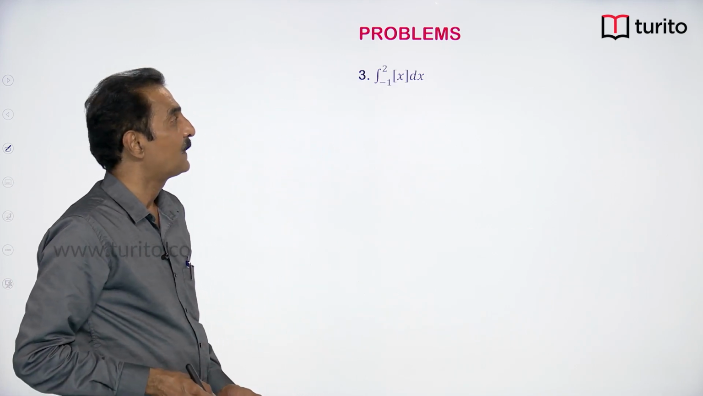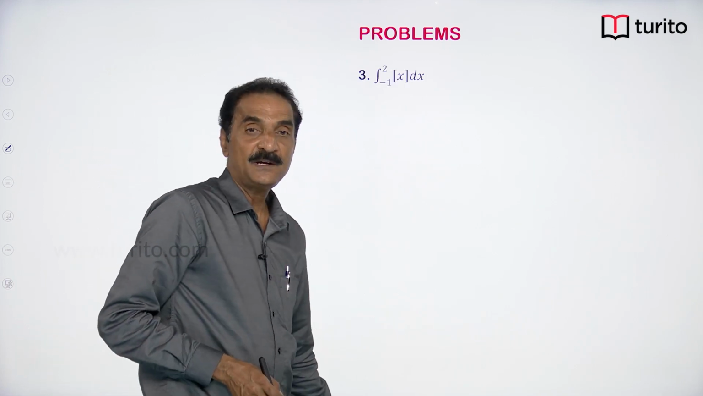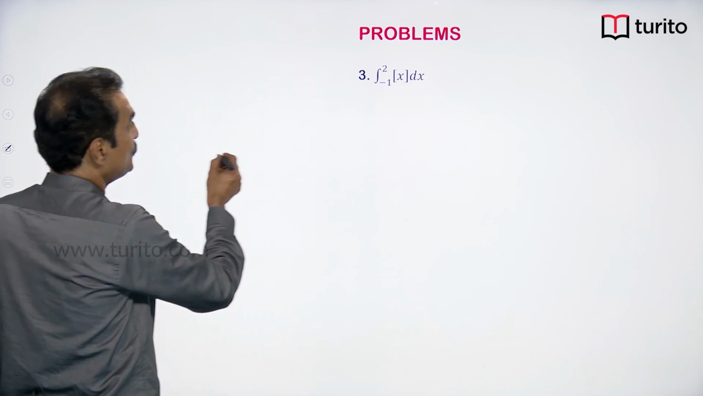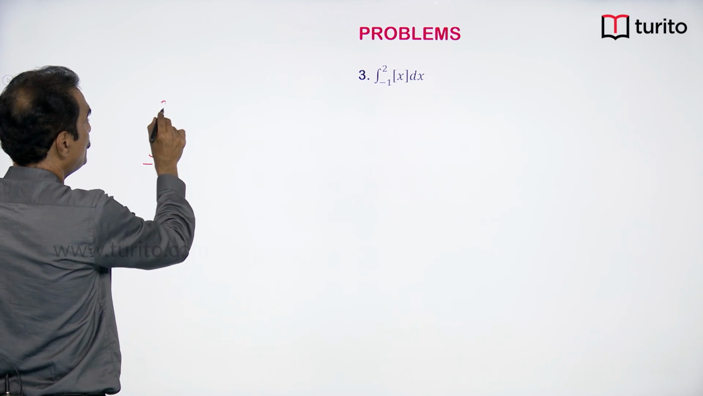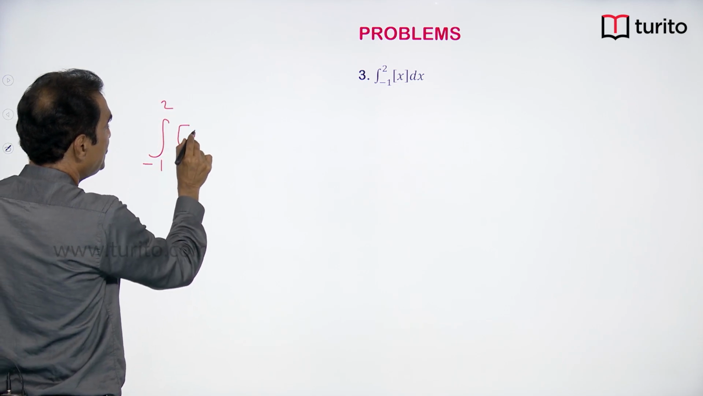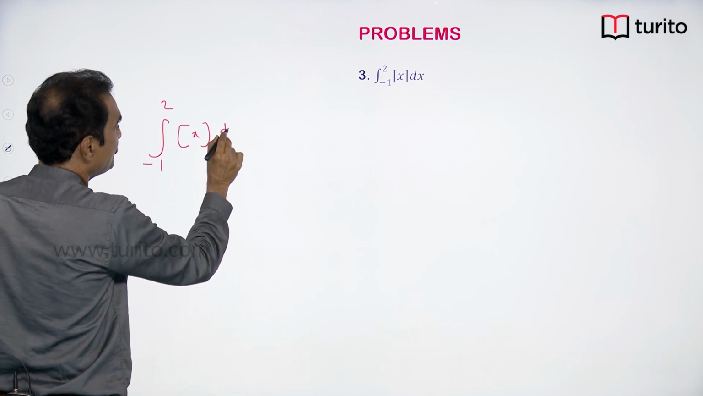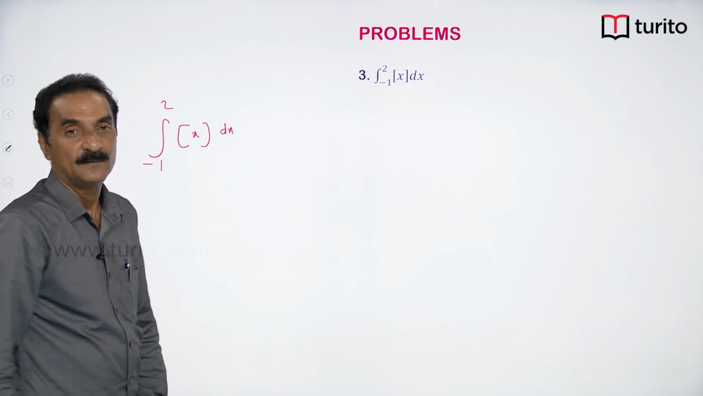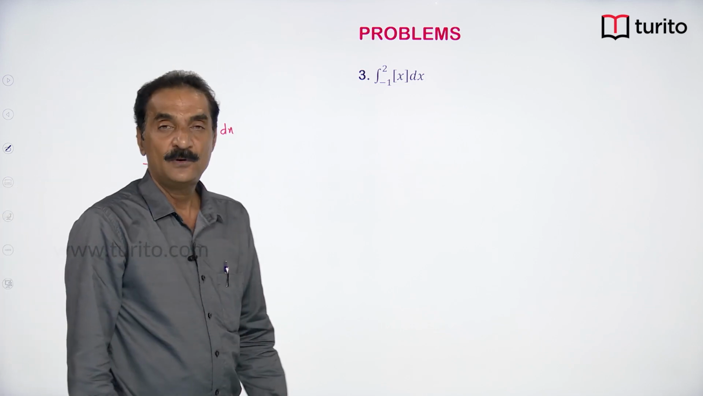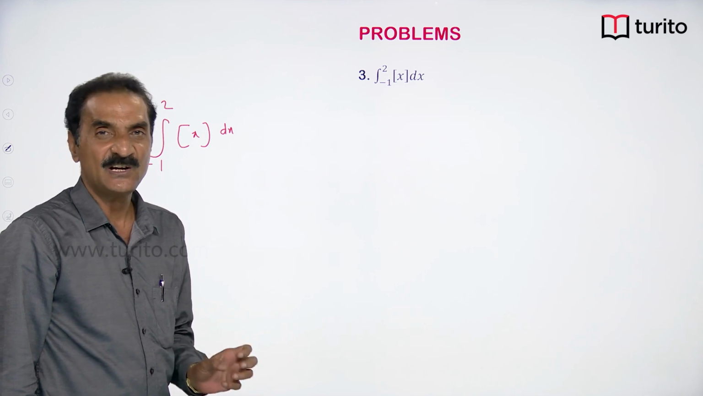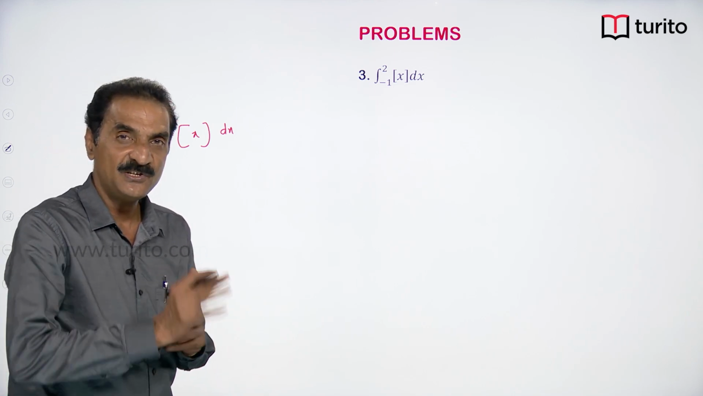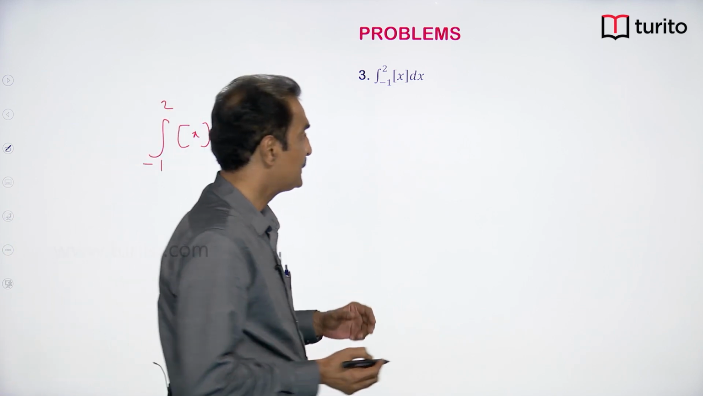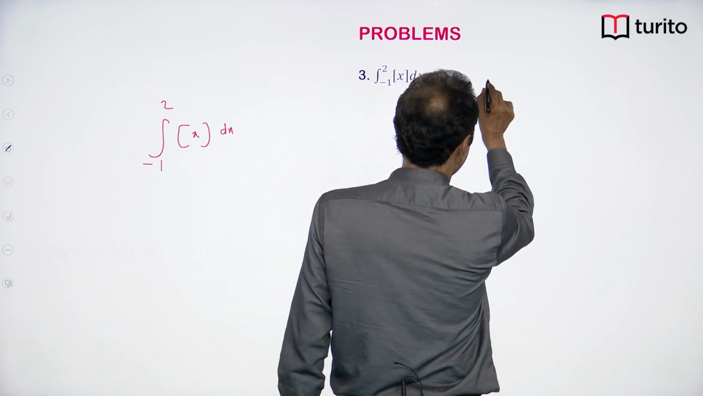Next question, integral minus 1 to 2, integral part of x dx. We know that the integral part of x is discontinuous at every integer. Its definition changes at every integer. If you see the graph of the integral part of x,